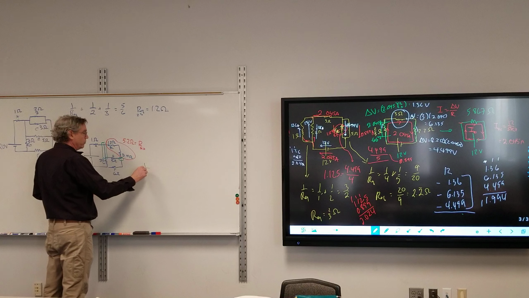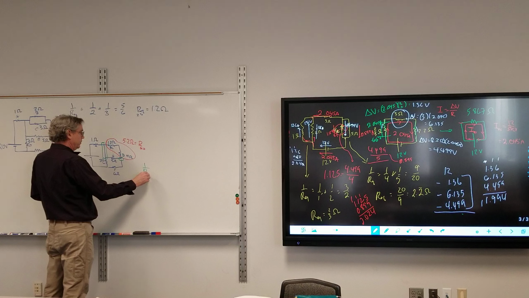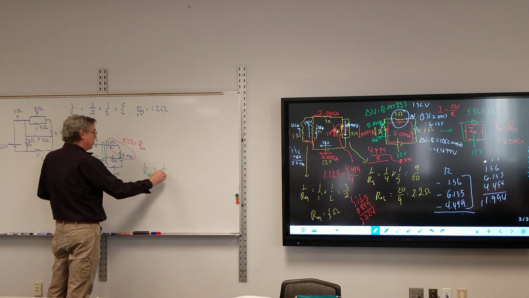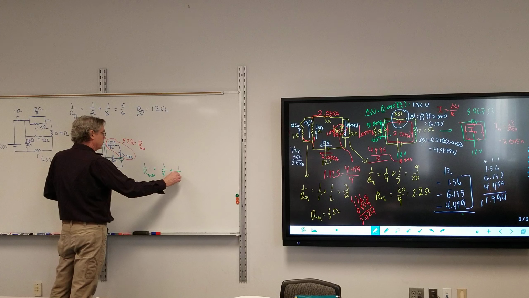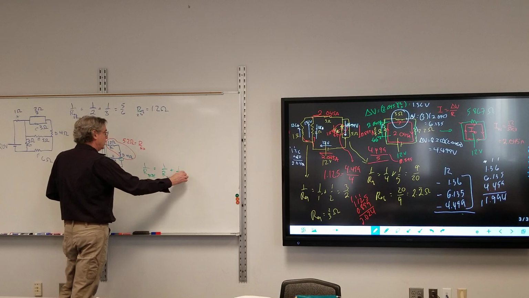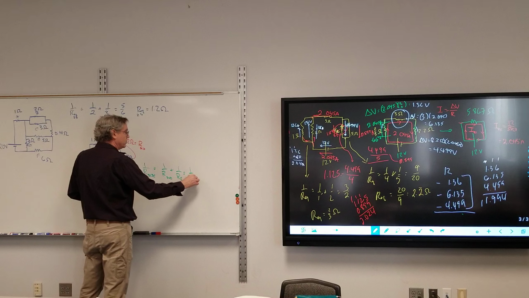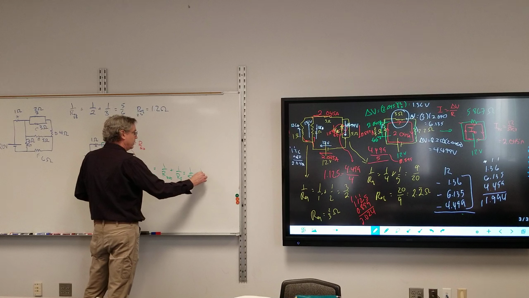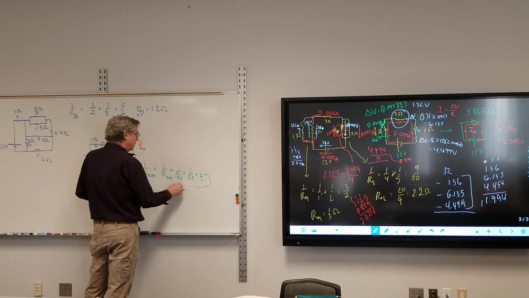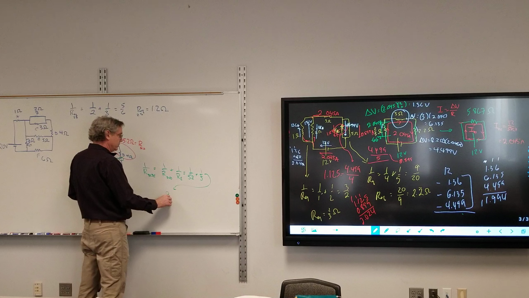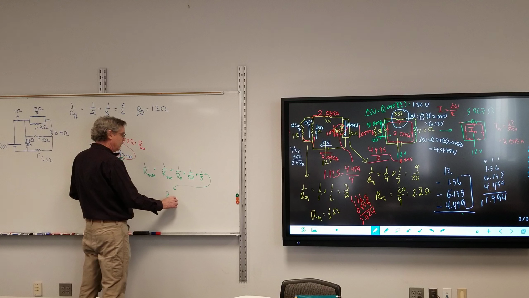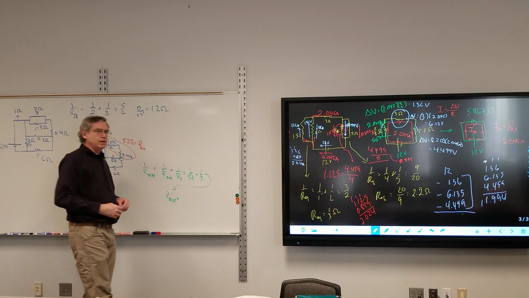So 1 over the equivalent resistance of B, C, D, E would be 1 over the resistance of BCD plus 1 over the resistance of E, which is 1 over 5.2 plus 1 over 5. And so we end up with the resistance of B, C, D, E to be